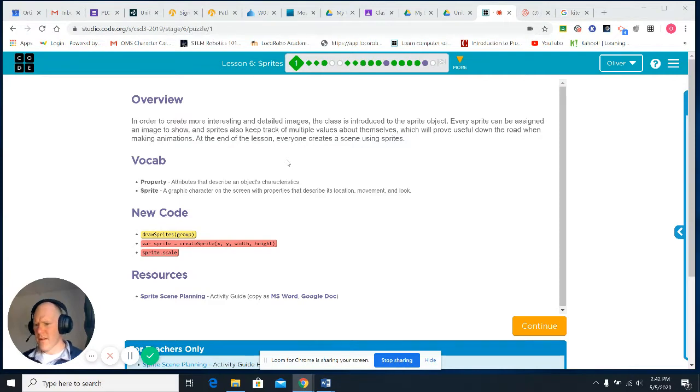Sprites are, if you've ever played a game like Super Mario Brothers, Mario is a sprite. The Goombas, the little brown things that wander around, the turtles, coins, those are all sprites. And what they are is a shape that gets animated to some degree. They all have properties, and properties are attributes that describe an object's characteristics,